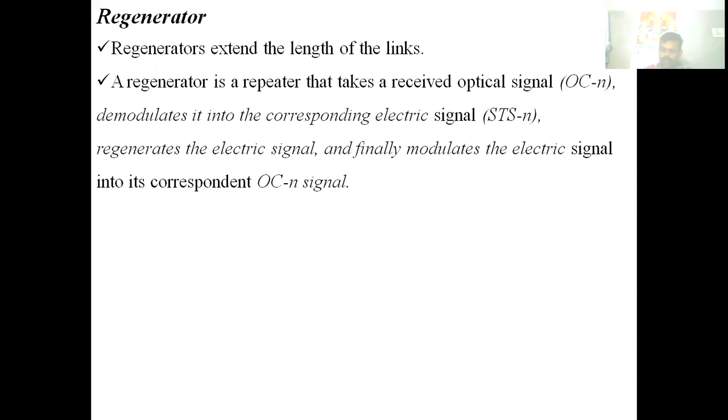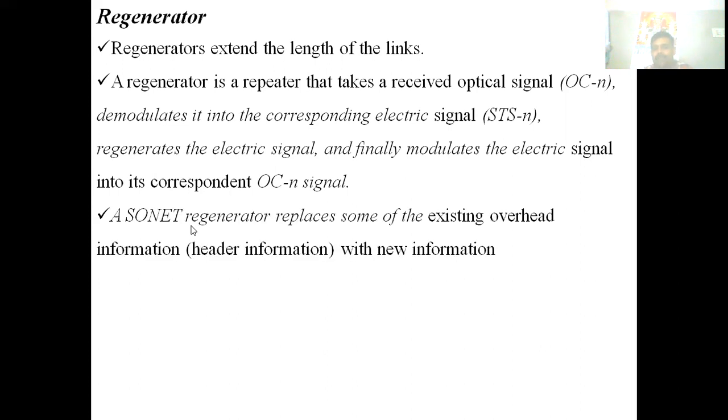So what is the function of the regenerator? First it takes the optical signal, then demodulates, converts that optical into electrical, regenerates the electrical signal, then modulates and converts it again into optical signal. These are the functions done by the regenerator.